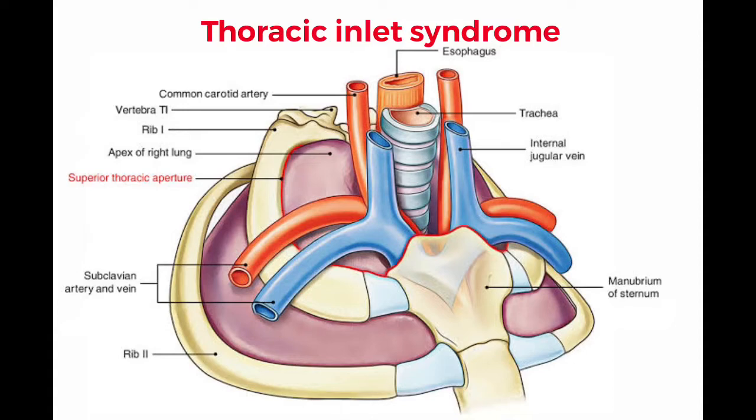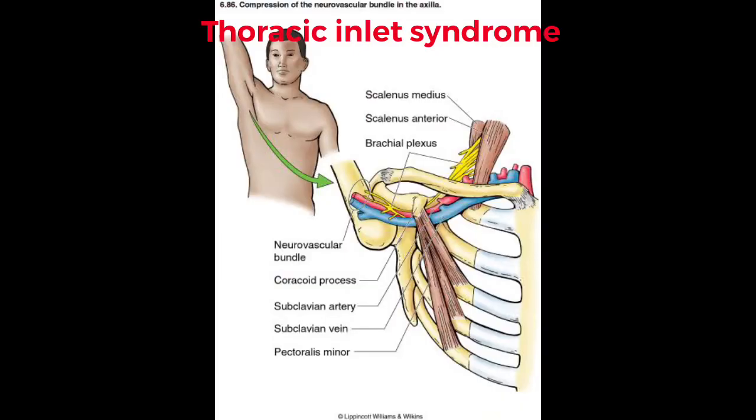So, if a tumor affects the upper lobe of the lung, that produces the thoracic inlet syndrome, and this will compress the nerves, arteries and veins which are related to the apex of the lung. There are three main types of thoracic inlet syndrome. One is the neurogenic, which is the most common and presents with pain and weakness with the involvement of the nerves. If the veins are involved, then it is called the venous type. In the venous type, there is swelling, pain and the possibility of bluish coloration of the arm.